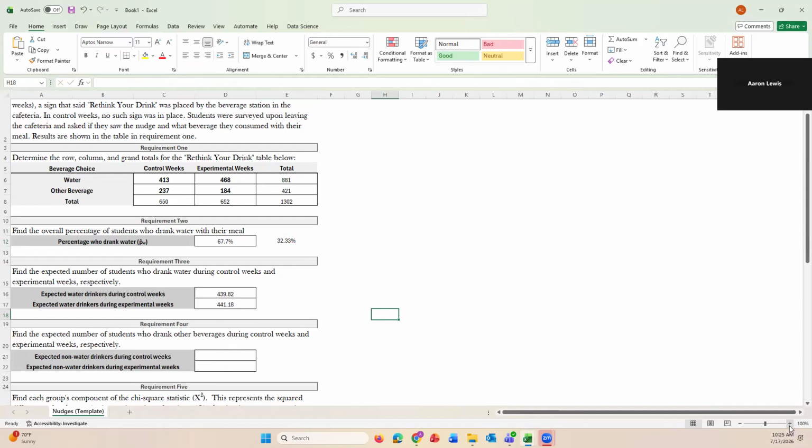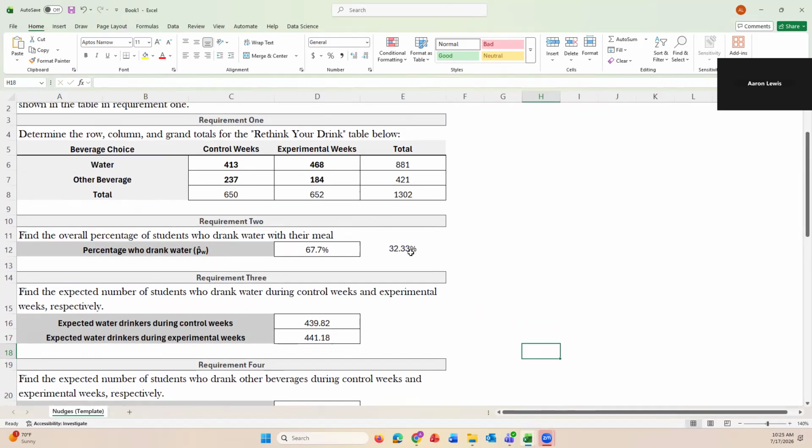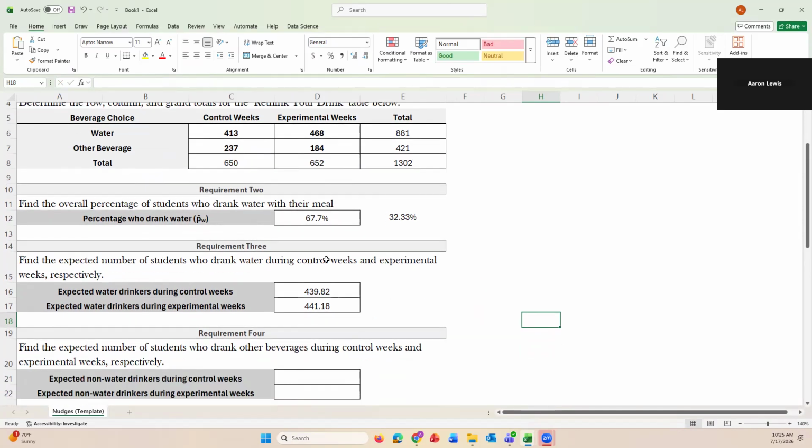So let me zoom in a little bit for you guys as well. Perfect. So we're expecting that if this percent was water, this percent is going to be students that drink soda or iced coffee or whatever. Well, I can do the same concept that I did before. Take the percent of that percentage, that complementary percentage, and multiply it by the total amount of beverages consumed during those respective weeks. So for this, I could say this was 650 times that 32.33% is 210.18 expected non-water drinkers